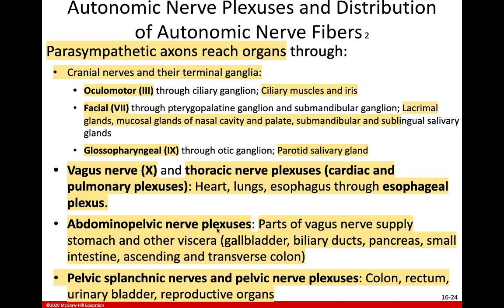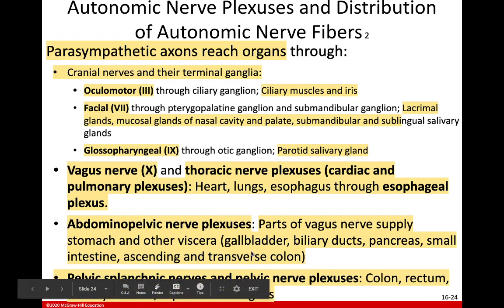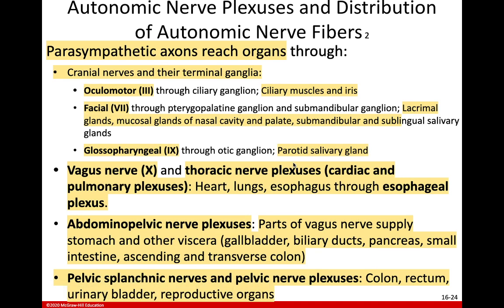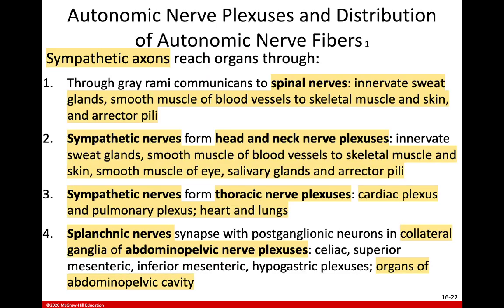The abdominal pelvic nerve plexuses are going to involve, again, parts of that vagus nerve, innervating things like your stomach and other visceral organs. And then your pelvic splanchnic nerves become part of pelvic nerve plexuses that innervate the colon, rectum, urinary bladder, and reproductive organs. So I hope you notice that we talked here about how we have